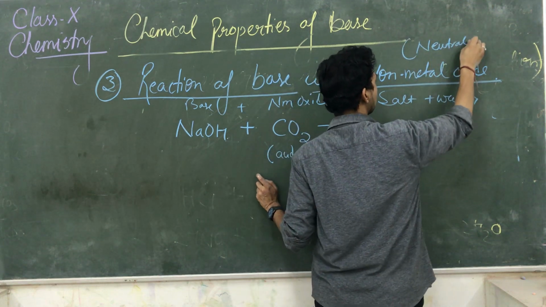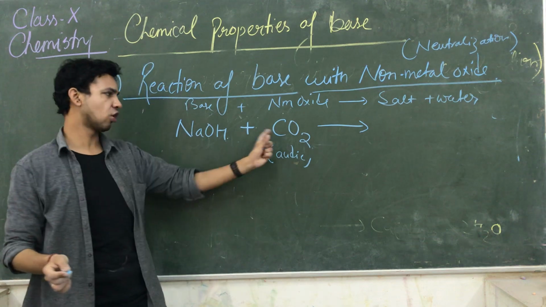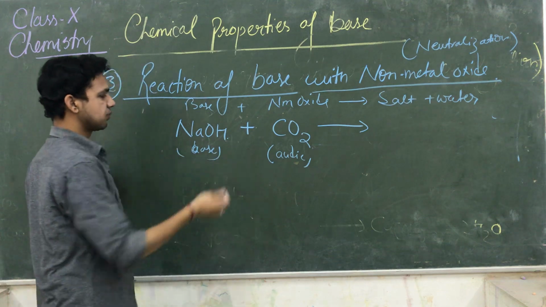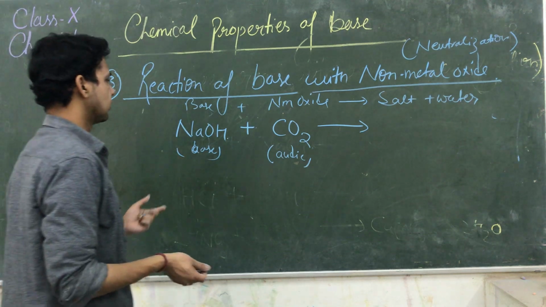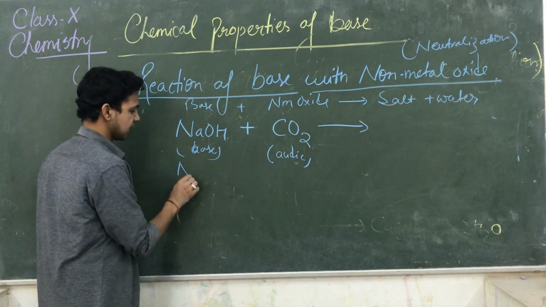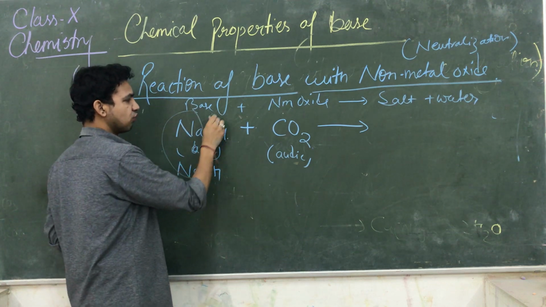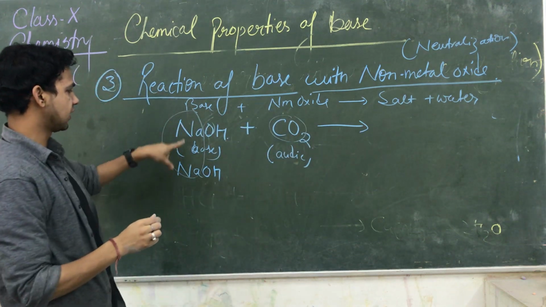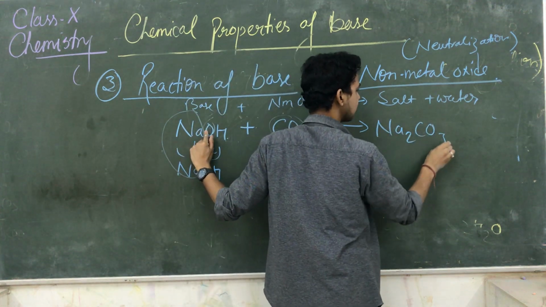Because I taught you that metal oxides are bases and non-metal oxides are acids, and this one is behaving like a base. And whenever a reaction occurs between an acid and a base, they give you similar products, salt and water. So here NaOH reacts with CO2. How many NaOH do we need to take? 2 NaOH. So it forms Na2, giving one O to CO2, and CO2 taking one O from here, so it forms Na2CO3. It forms the salt Na2CO3.